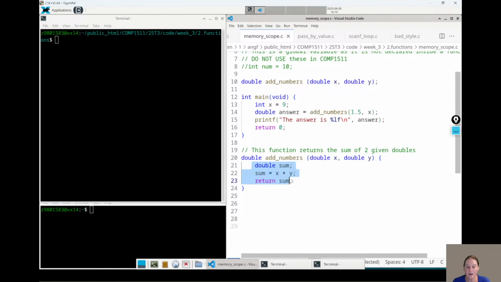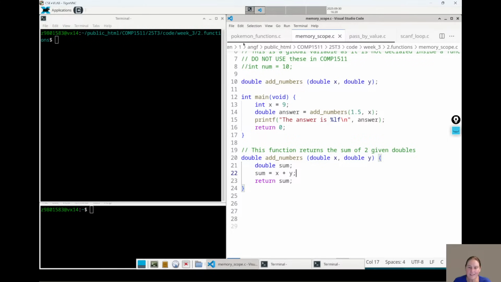Down here, all of the code inside these open and closed brackets, we call that a block. We have blocks with else, and other times when we've got while loops, anywhere where we've got an open and closed bracket.